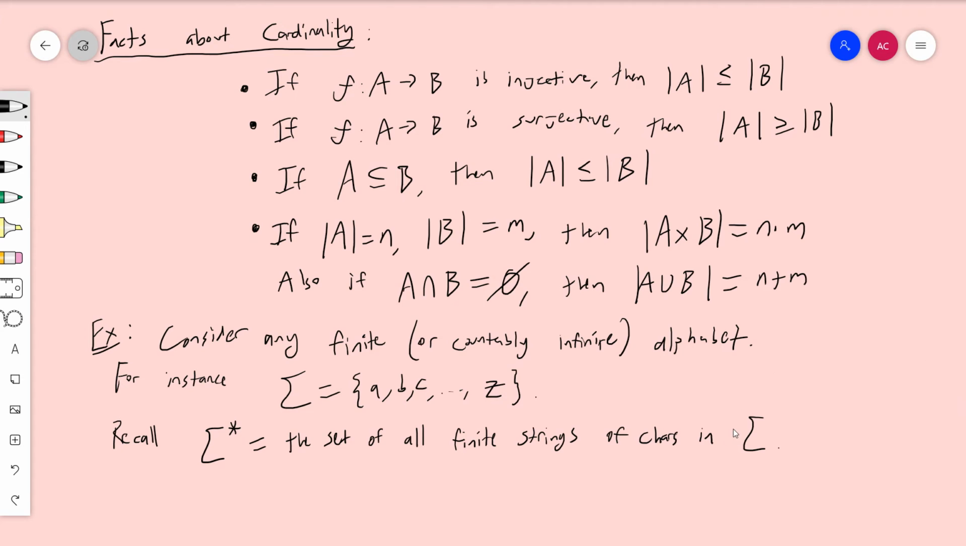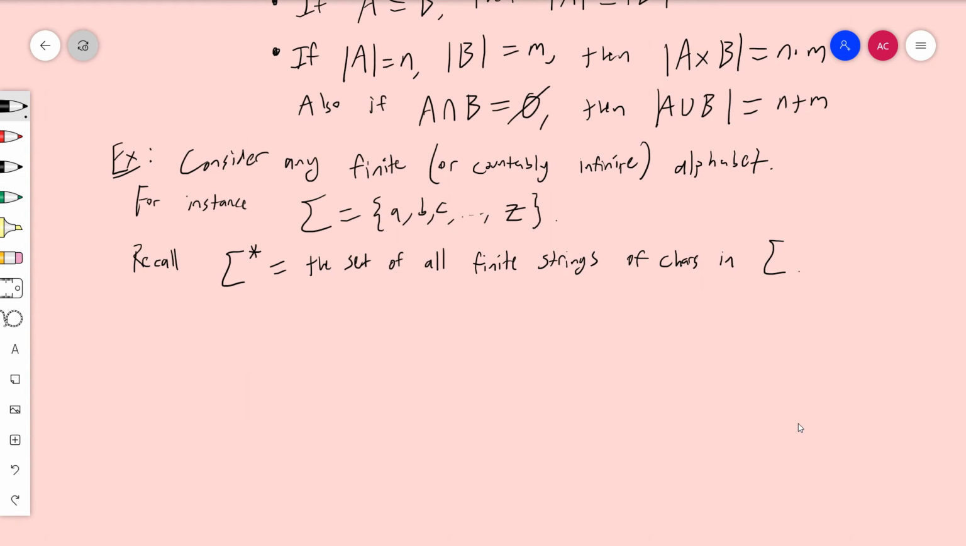Let's think about the cardinality of this. We obviously know that the cardinality of sigma is 26, but what's the cardinality of sigma star? It's obviously infinite, but is it countable? So we claim that it is. So how could we do this? We need to enumerate every finite string. So the way we'll do this